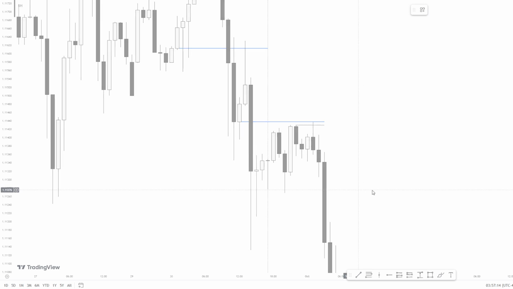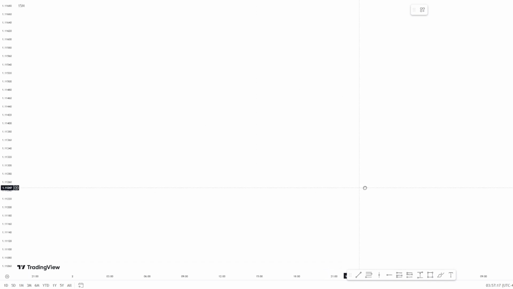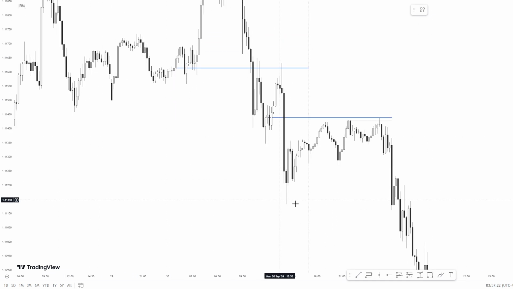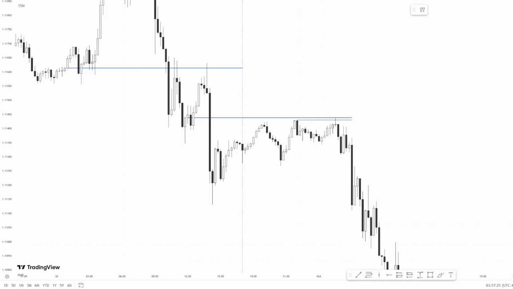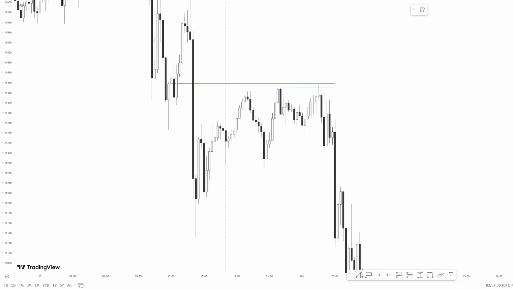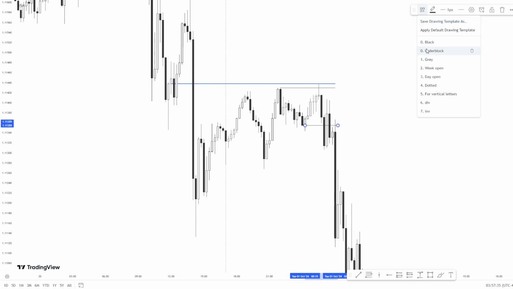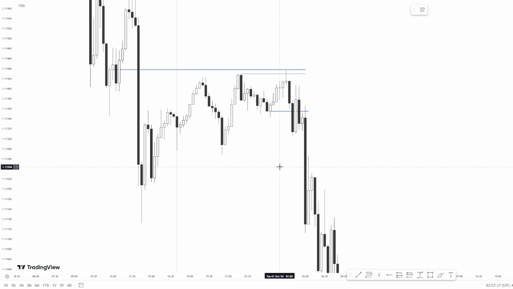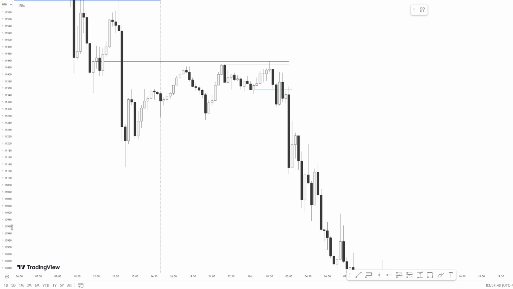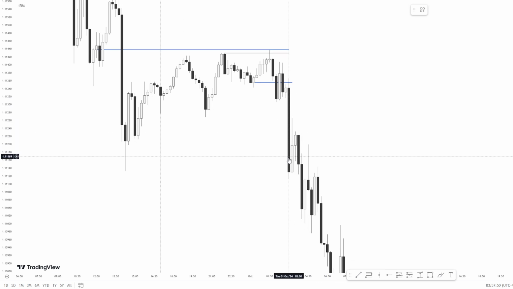So I mostly use the 15 minutes or the 30 minutes to confirm if London is going to put in a high or a low intraday. So we had that, took that out, and as you can see, we had a change in the state of delivery. At this time, if I was awake, I probably would have taken a trade right around the open of this candle with my stop loss above here. But I wasn't awake. So when I woke up, price was already here.